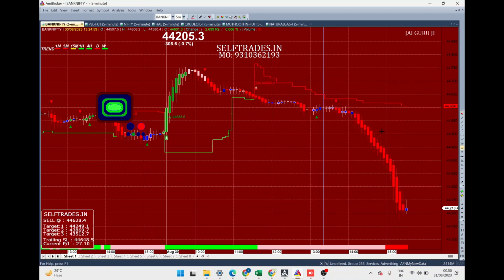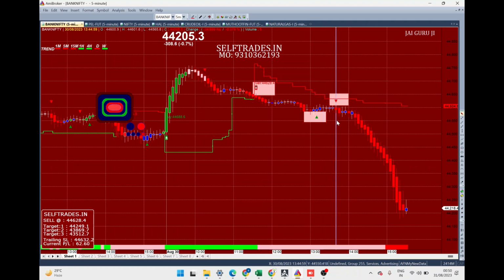So if I can highlight this again, we took a position here. We were making money. If you exited any place in the middle, good. If not, we exited here, but the market did not go up. The line was still red. We again took a sell position here. At this time, the price was 44,565. We took a sell position. Market came down a little.